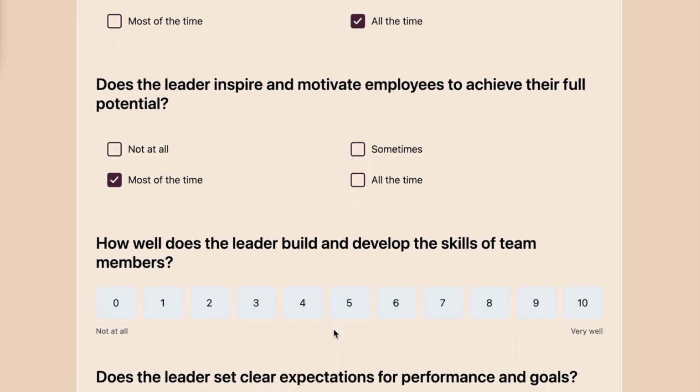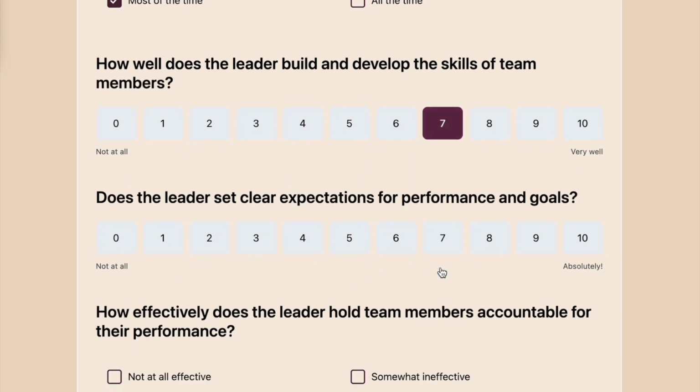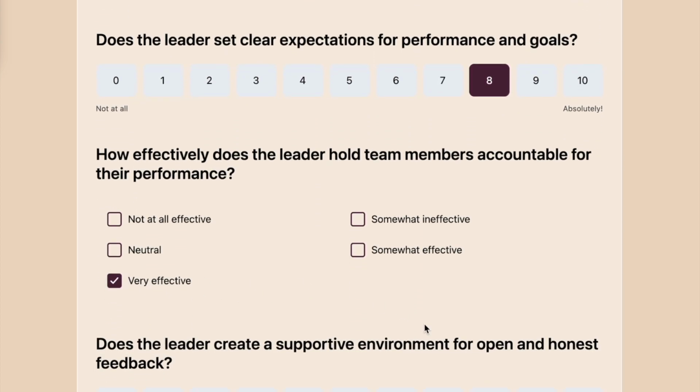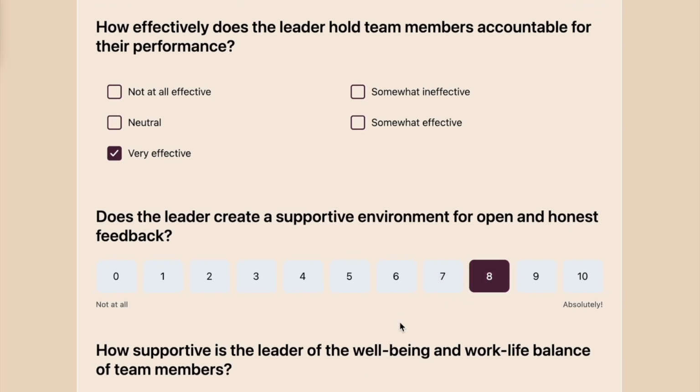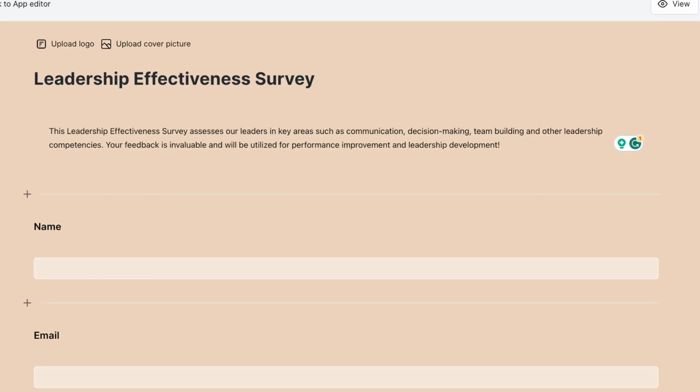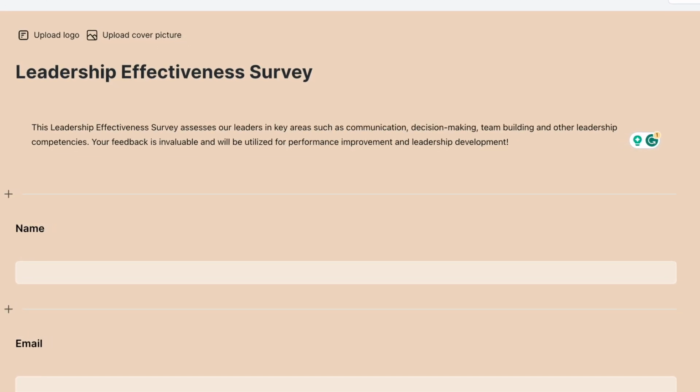plans. And as you can see with Formaloo's tools, we can make a well-designed, comprehensive survey just like this one, with multiple customization options to get the most out of our employees' feedback. Let's get started. After making a blank form on Formaloo, or using our Leadership Effectiveness Survey template, we can get